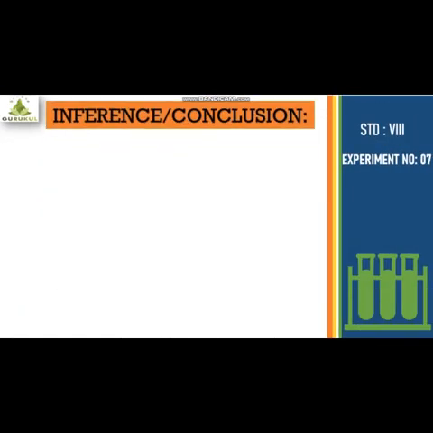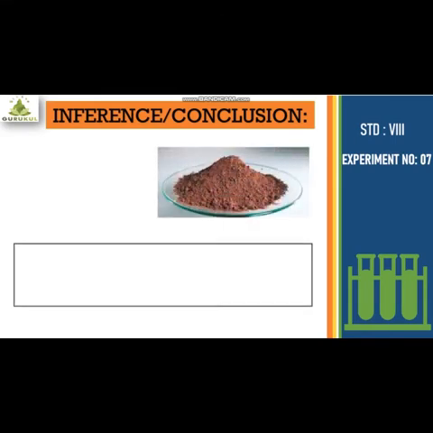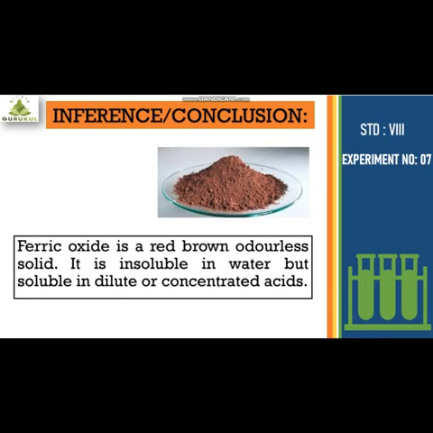We have understood the properties actually with this. Let us understand the inference and conclusion now. Yes, this is my compound that we have extracted. Students, ferric oxide is a red, brown, odorless solid. Ferric oxide is a red, brown, odorless solid. It is insoluble in water but soluble in dilute or concentrated acids. This is what we have learned from the properties, and this is the observation that we have made, and we have concluded. I hope you have understood ferric oxide or iron oxide in detail, how we have extracted,